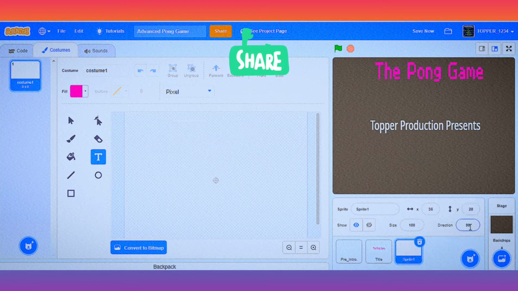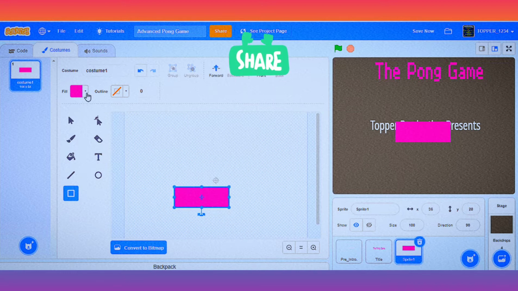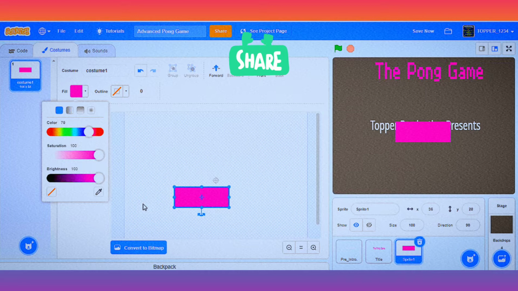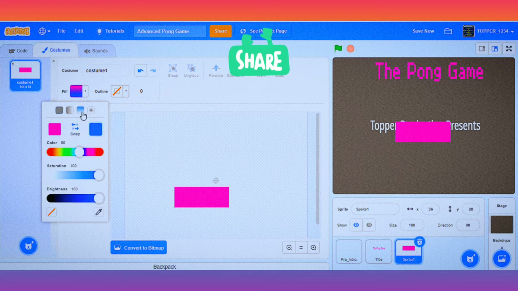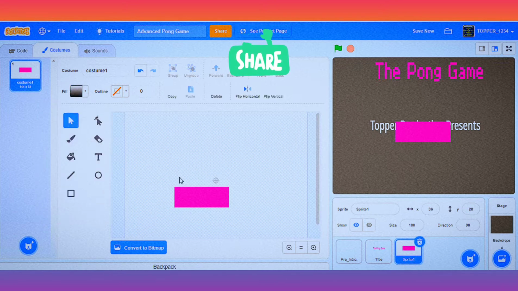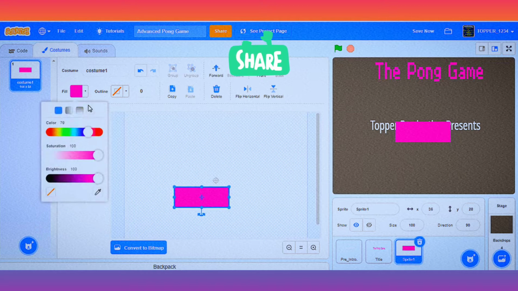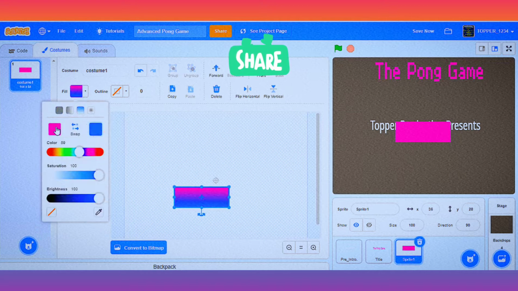Now I'll again paint one more sprite, that is play button. I'll change the pattern of color in it, like this. Yes, that's great. Oh, we have not selected it.